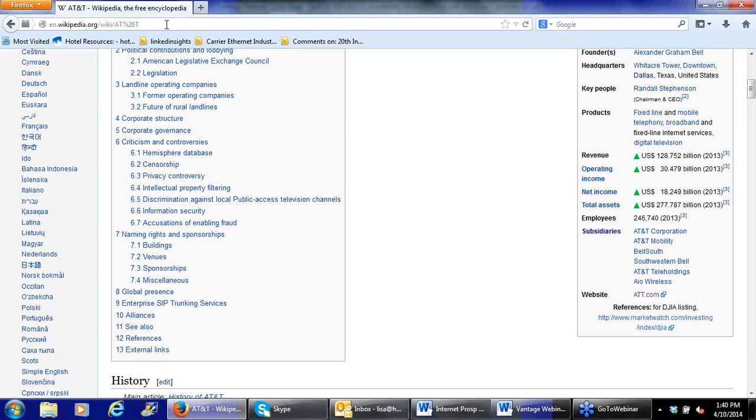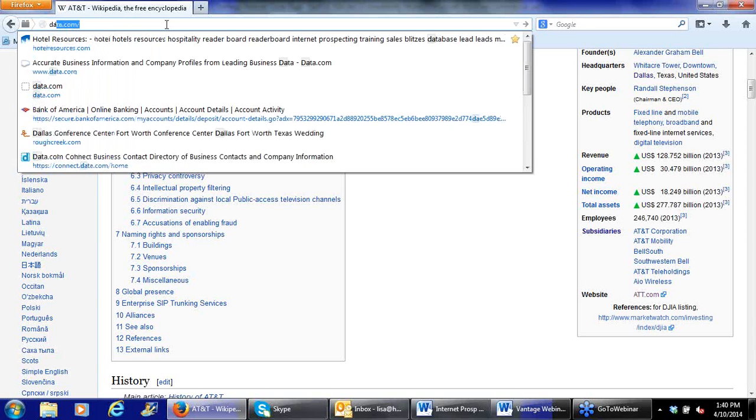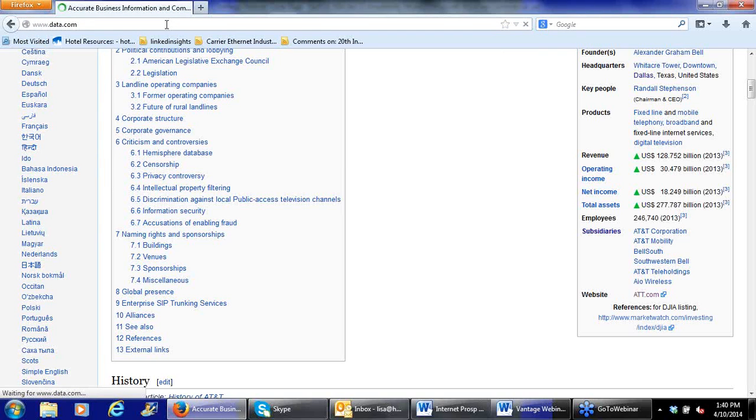So if you need a list of railroad companies or a list of insurance companies, you can just simply type in "list of insurance companies," and that's what you get, a whole full list like I just showed you. It's a great source. But I would leave here and then have to go into a website, a database called